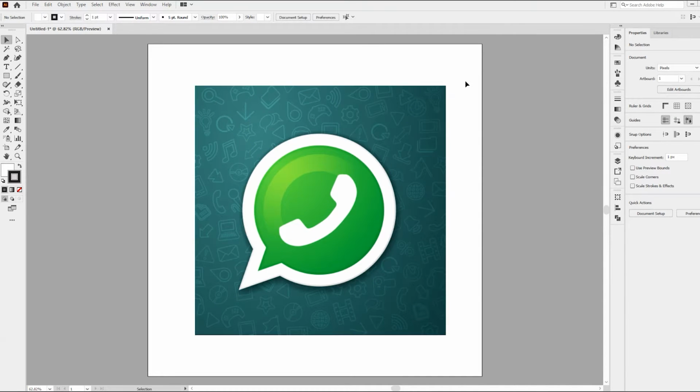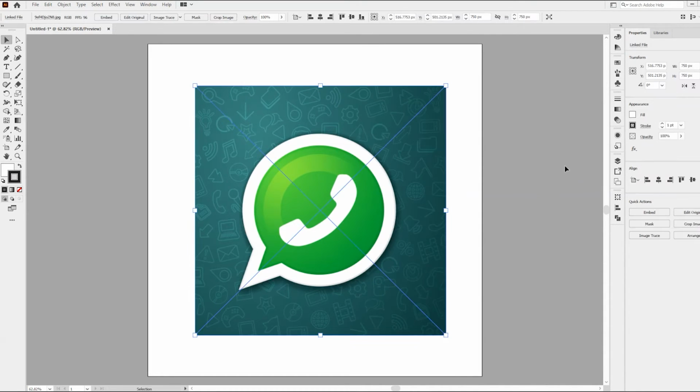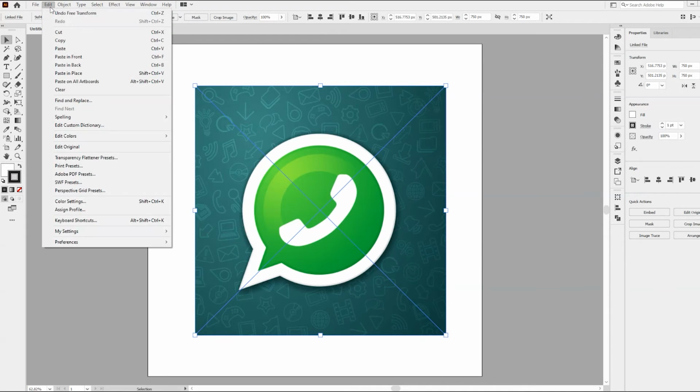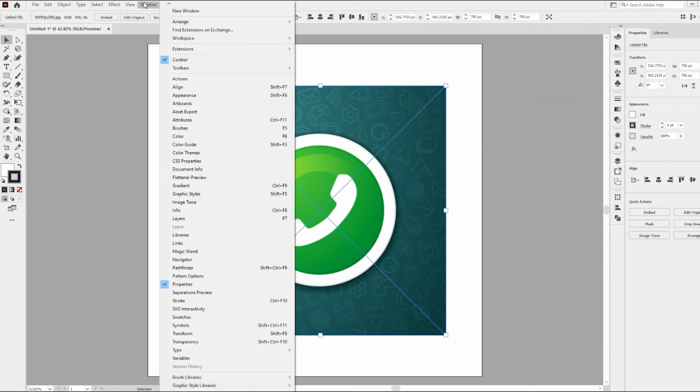First you have to select the icon or the object, then click on the Image Trace option. If you are not able to see the Image Trace option, then you should go to the Window menu and search for Image Trace.